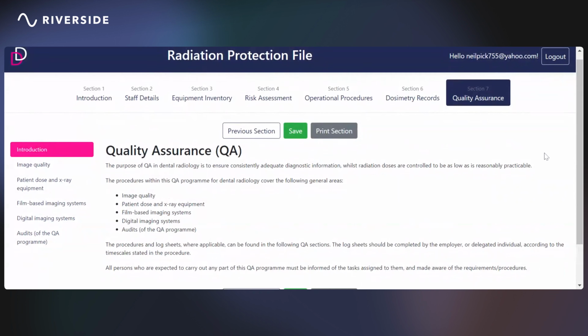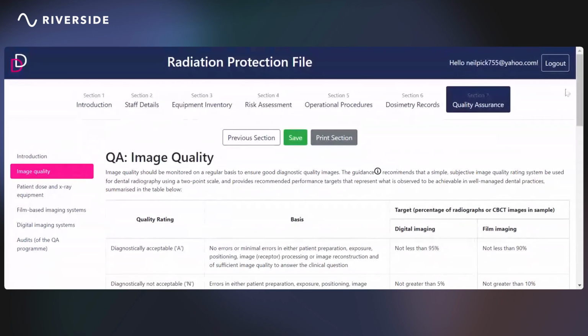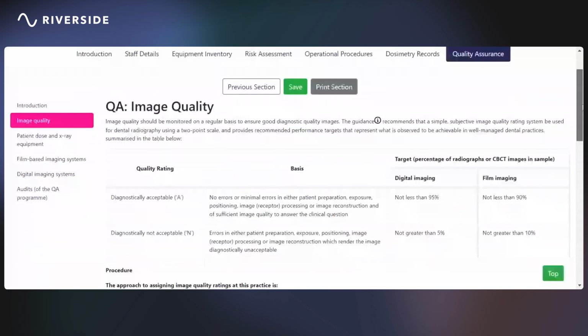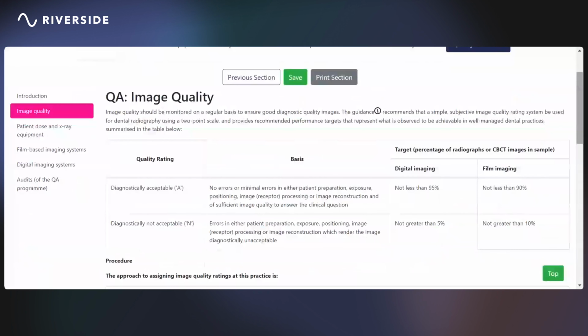The sections down the left-hand side. The first one is image quality. Image quality is where an assessment is made of whether the radiographic image is either acceptable or not acceptable, and it is based on the type of imaging system being used, whether that be digital imaging or film imaging. And as you can see, it is recommended, if you're using digital imaging, that